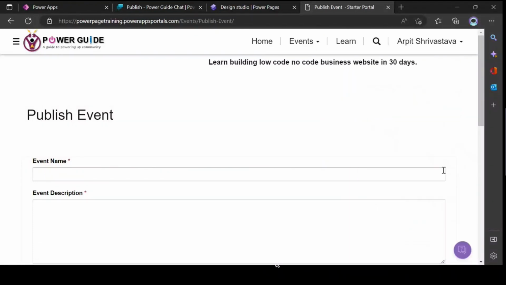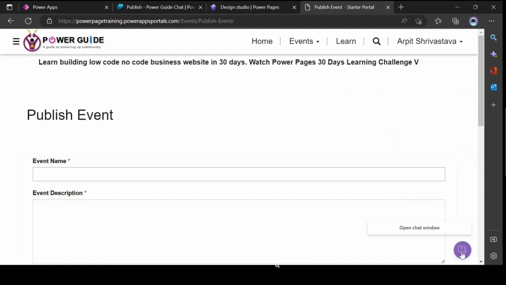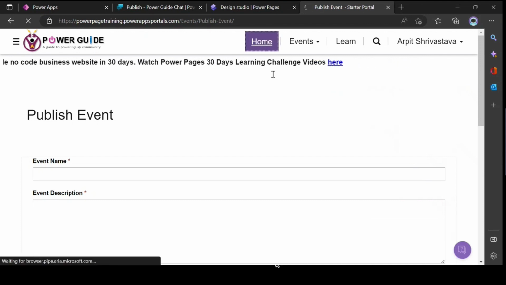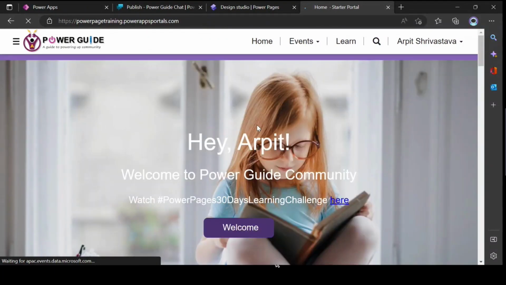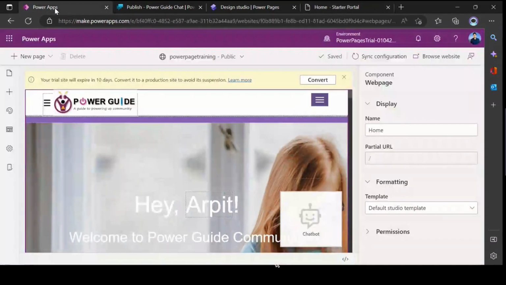And the second thing I want is this icon is also not visible properly, so I want to change it to white color. I just want to do this kind of property change. Whenever you create any chatbot or embed any chatbot within your Power Pages, in the web template, a